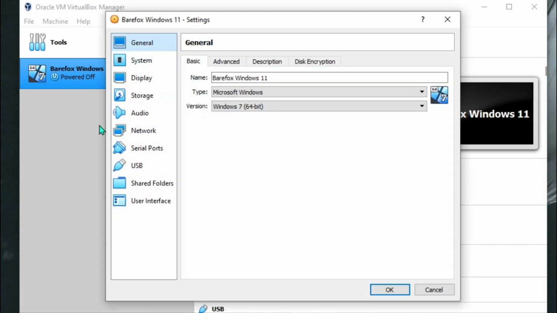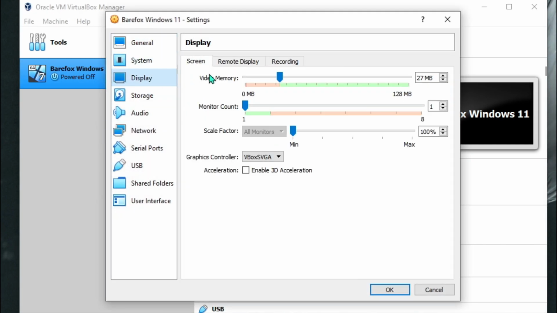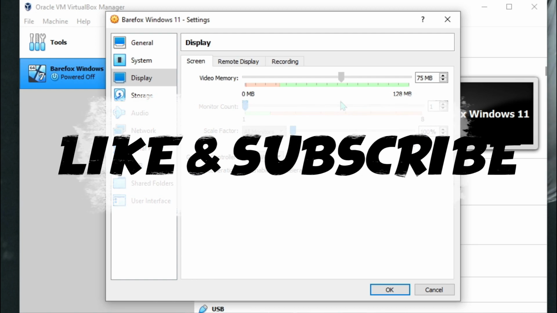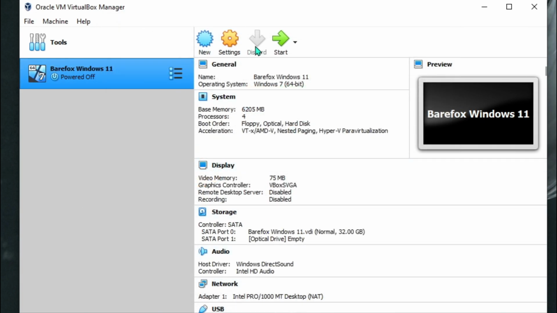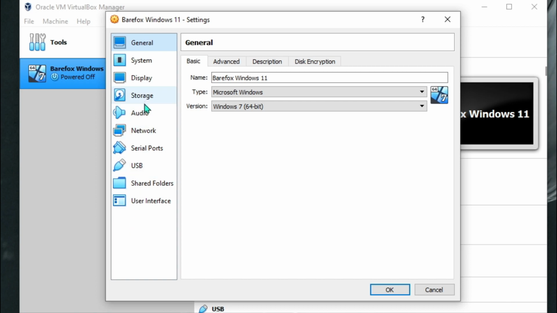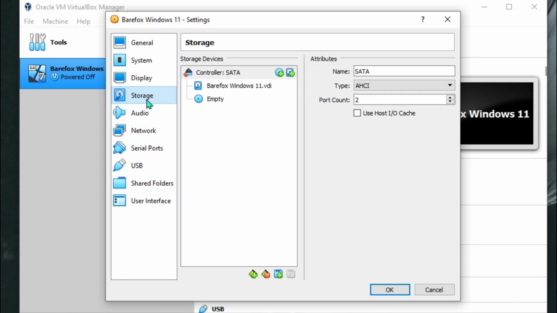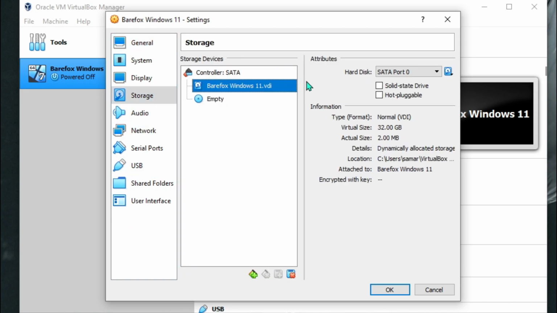Now again, go to settings and this time go to display. Now here is the video memory. You can give it whatever you want. I'm going to be giving it like 75 MB of display memory, and I guess yeah, that's a lot for it. Hit OK. Again, go to settings and then go to storage,